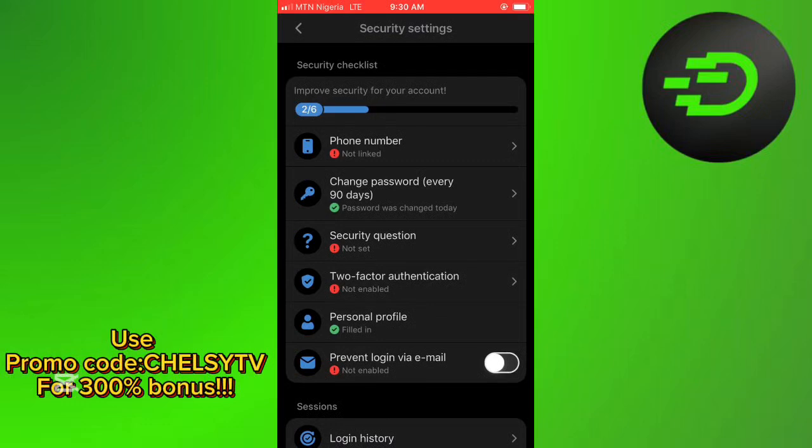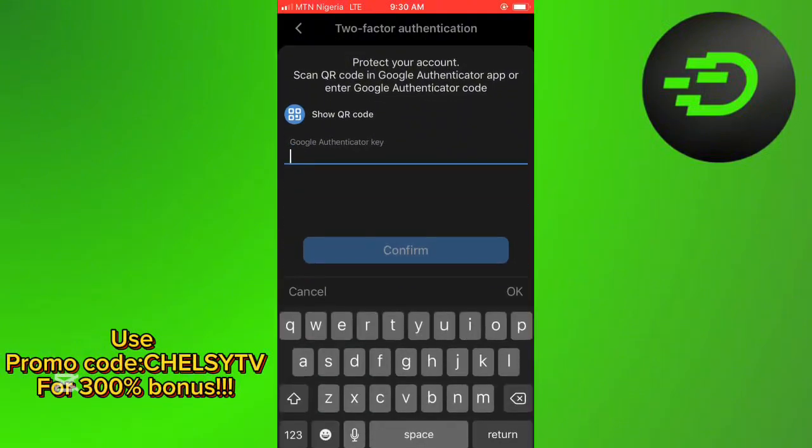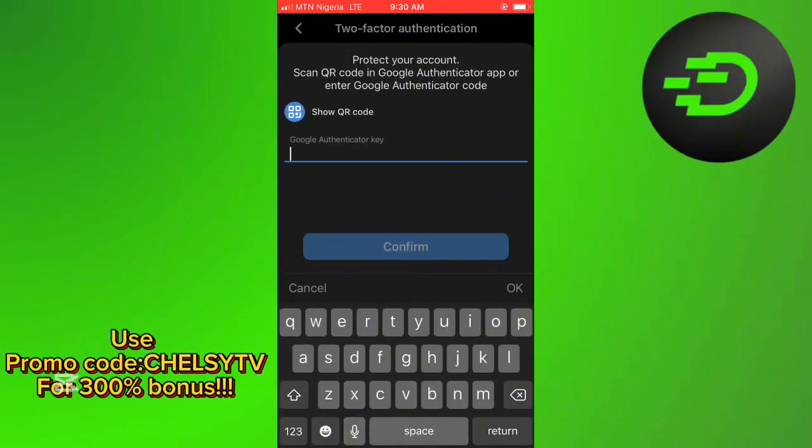Then you click on two-factor authentication. After doing that, you'll be given a Google Authenticator key. So you input the Google Authenticator key here, and in case you misplace your Google Authenticator key, you go back